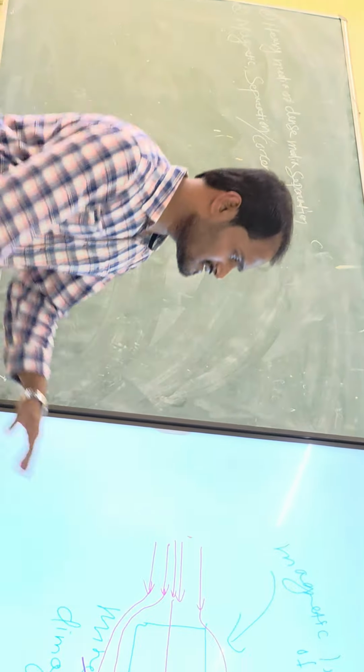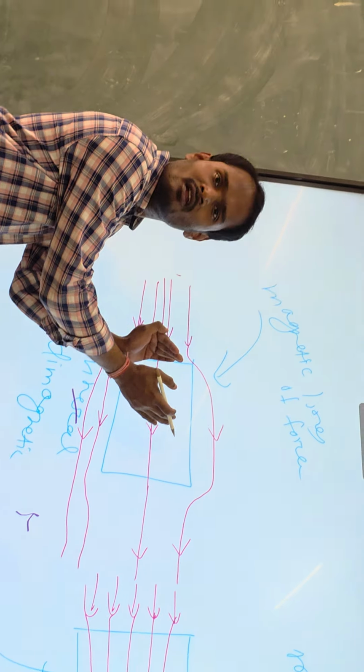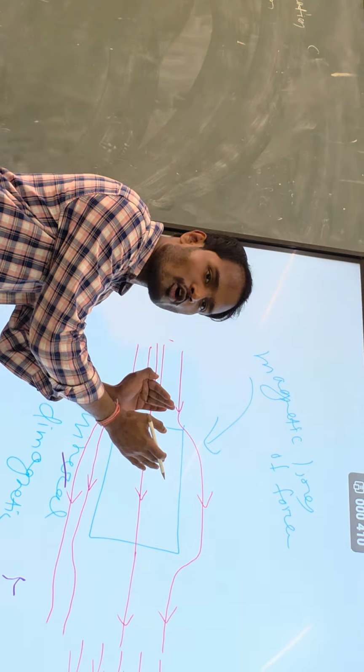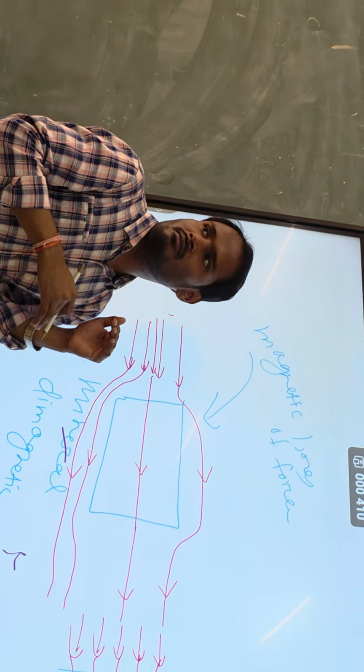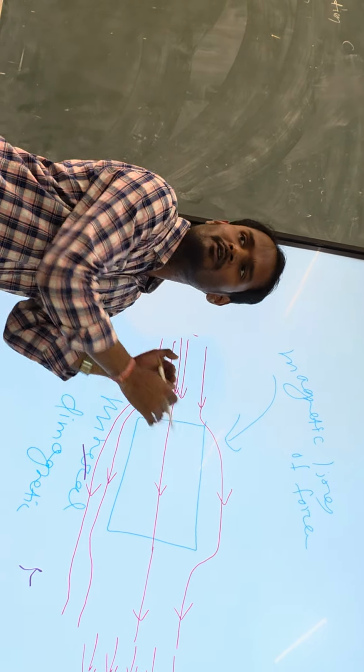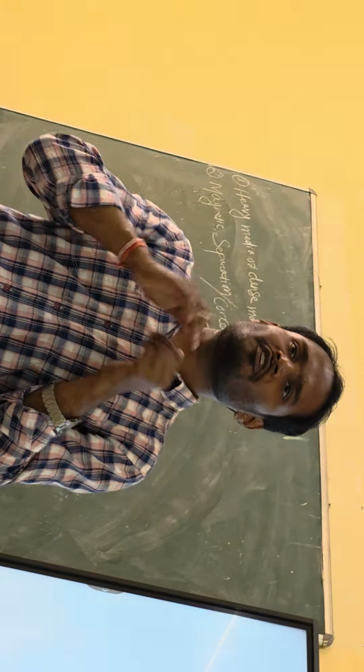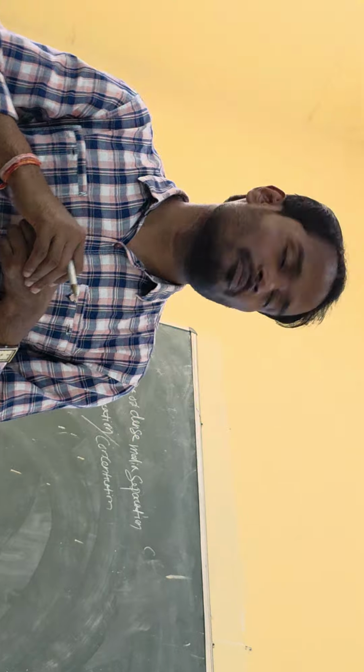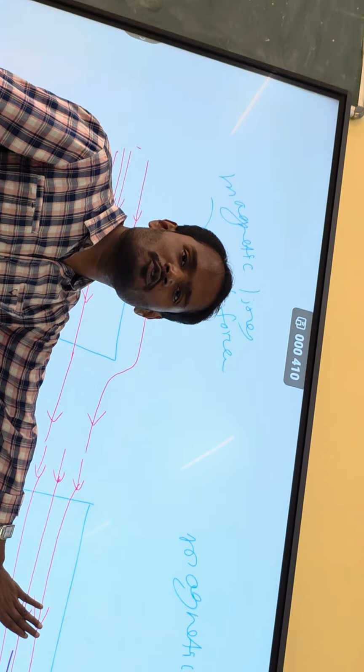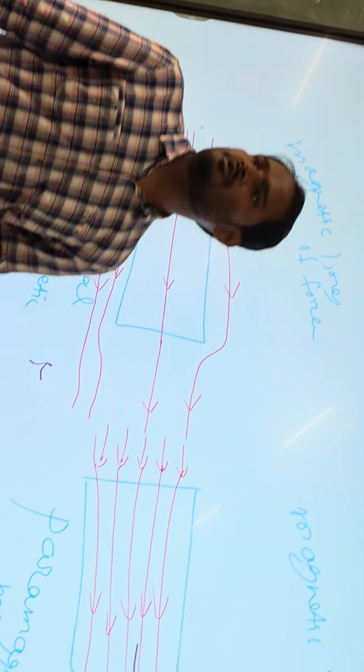Okay. So that means this mineral will be not attracted, or it will be repelled actually. This mineral will get repelled from the magnetic field. It will try to move away from the magnetic field, but this mineral will get attracted to the magnetic field completely, because lines of force are also going through it.